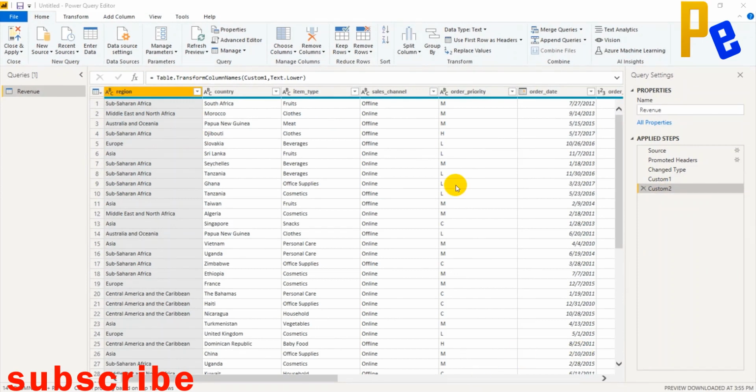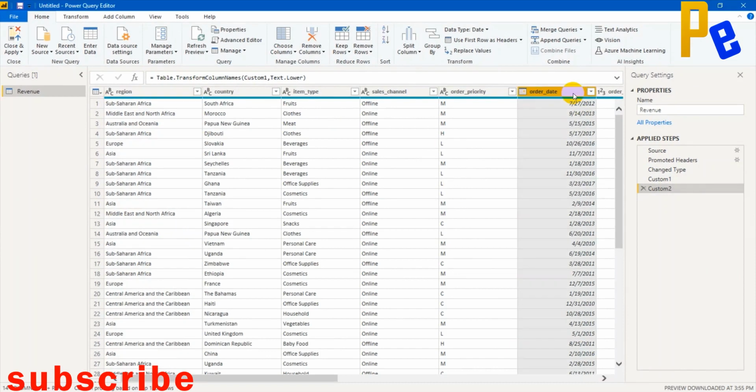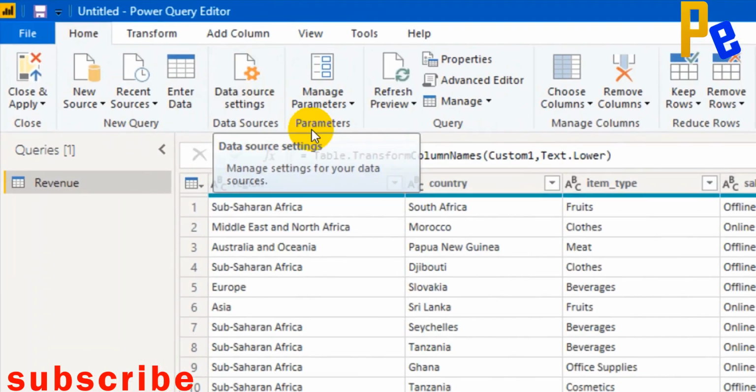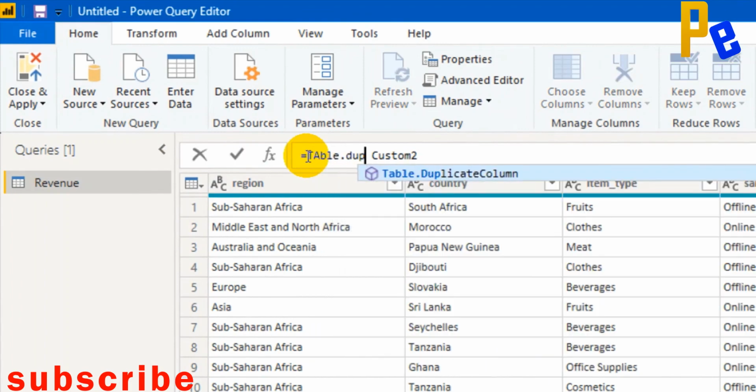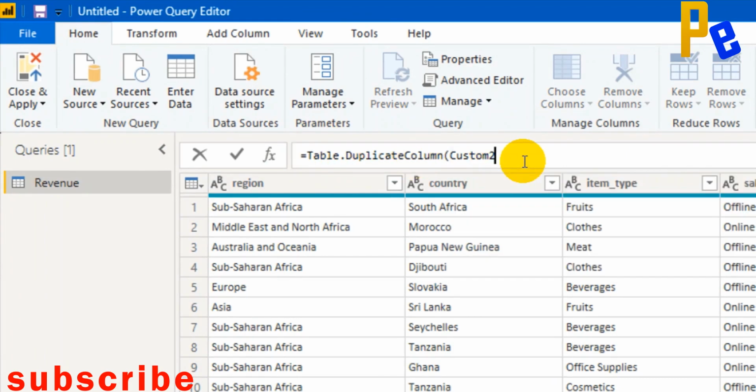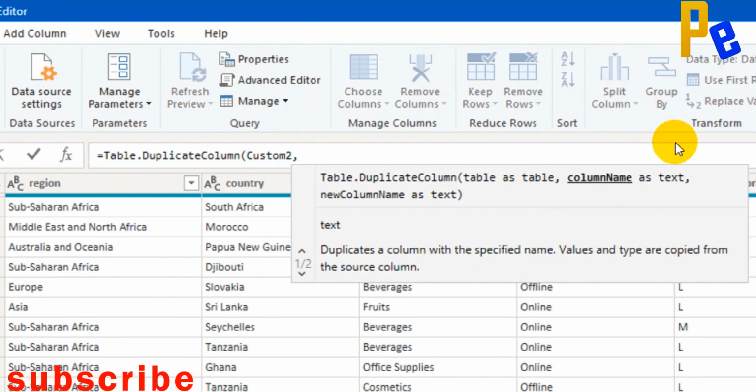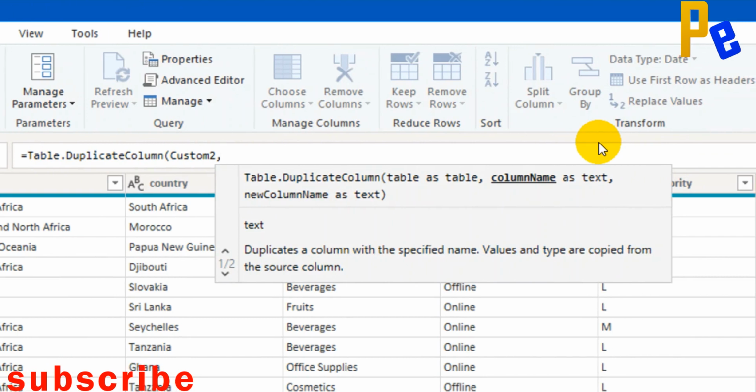I need to duplicate a column. That column is order date, and I need to create a new step. For that, let me jump into the formula bar, new function, and now the previous step is Custom2. So Table.DuplicateColumn, and then I need to follow the IntelliSense, whatever options it is giving. Give the current column name as text.